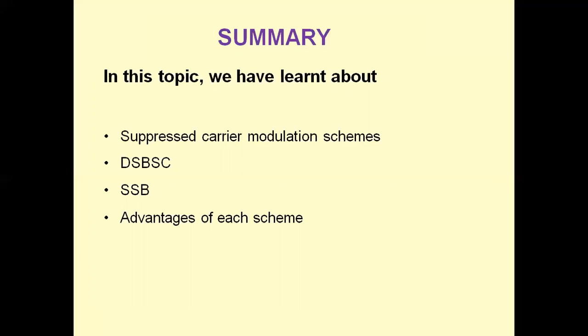And hence, the total power in SSB modulation is equal to the power in one sideband. So power in one sideband is equal to Pc times m squared by 4. For maximum modulation index, SSB provides 83.3% of the power saving, whereas DSBSC provides 66.6% of the power saving. SSB modulation provides much more power saving for maximum modulation index, that is 83.3%.